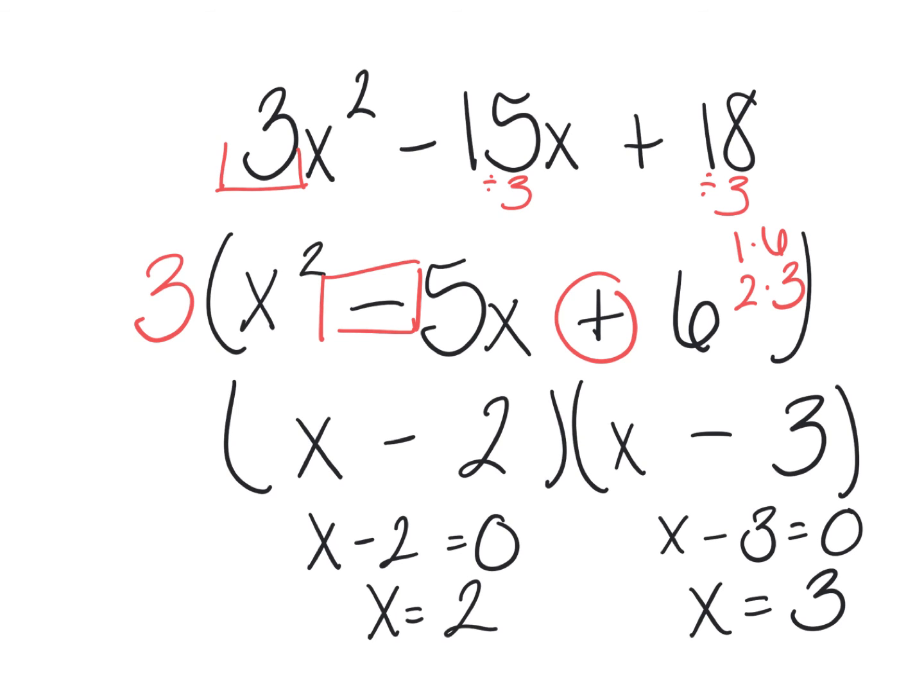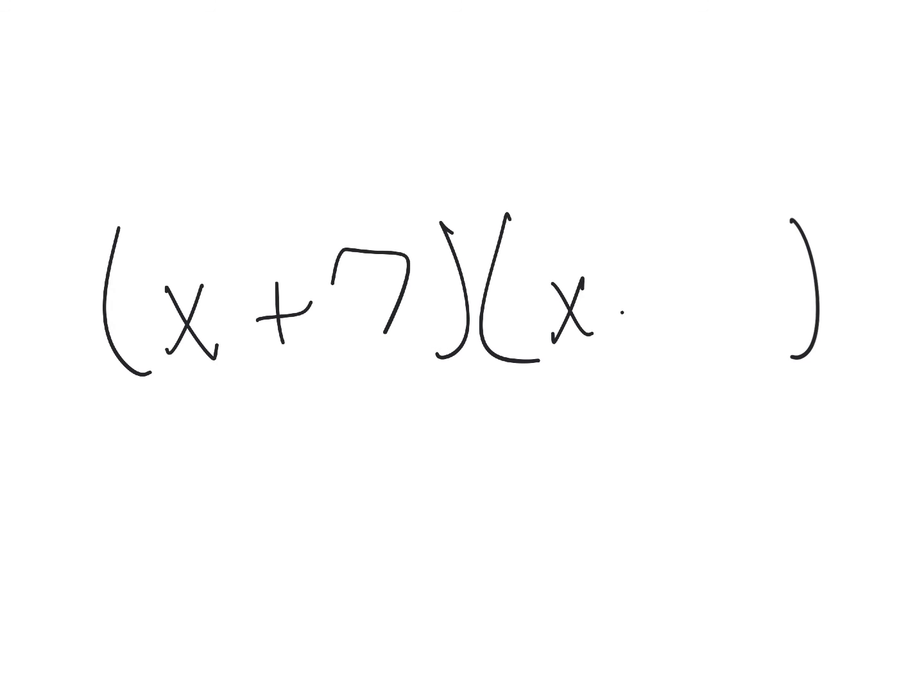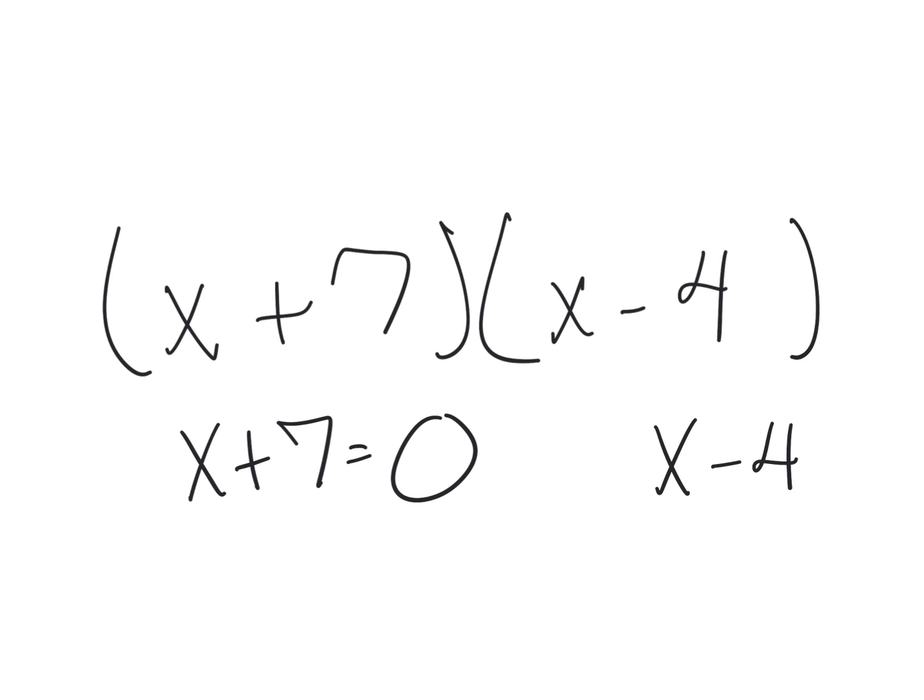Okay, so I know that there was a lot in this particular video, but the key thing to remember today is that we are solving these. So once you get your set here in your factors, let's just say it was x plus 7 and x minus 4. The last and final step today is setting those equal to 0 and solving for your x, and that is going to be your solution for part 1 of your independent practice, because in this one we were